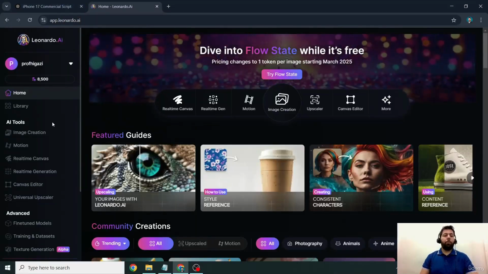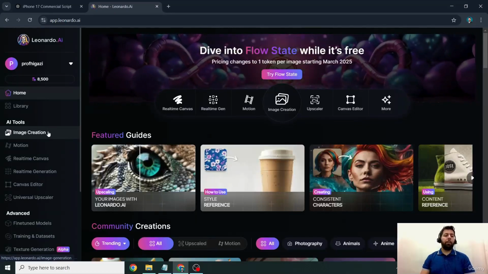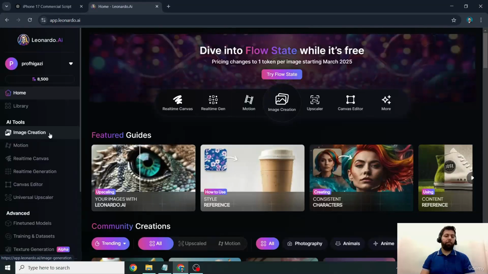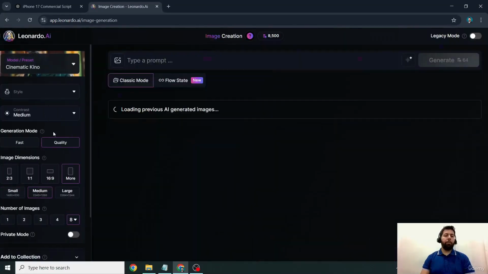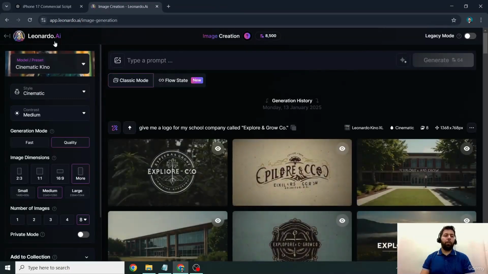All right, so here's what we do. We go to the left-hand side here, and you're going to click on image creation. Once you're here in the image creation window under the app, the first thing you're going to want to do is configure all your settings. For the model, we want to look for more of a hyper-realistic feel and look to it. So I'm going to click on